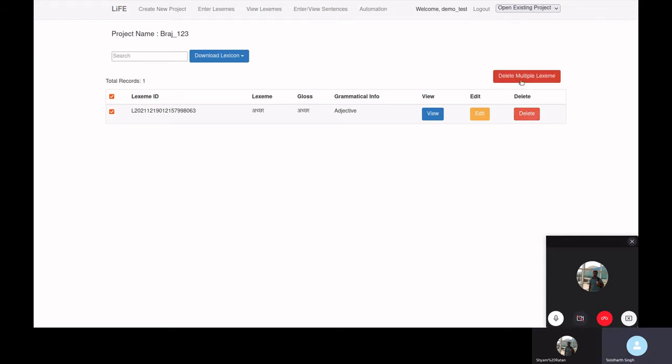There is also an option for deleting multiple lexemes, which you can check or uncheck accordingly, and you can use the delete multiple lexeme button to delete more than one lexeme at a time. And this is a search where you can search for a lexeme. If the entries are in the hundreds, then you can easily use the search